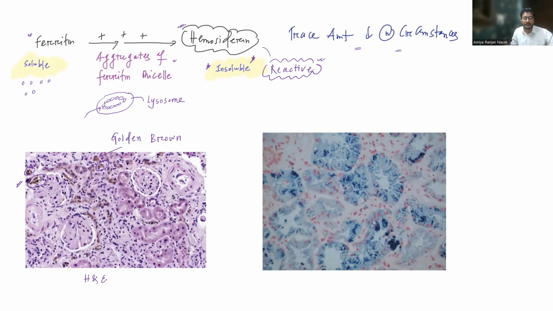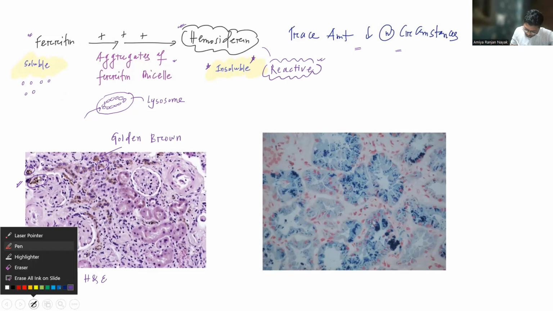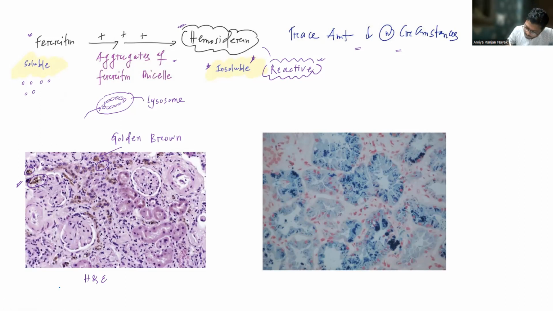But if you want to do a special stain, there is also a special stain for hemosiderin that is known as the Pearl's Prussian blue stain. So what happens in Pearl's Prussian blue stain? In this, we have potassium